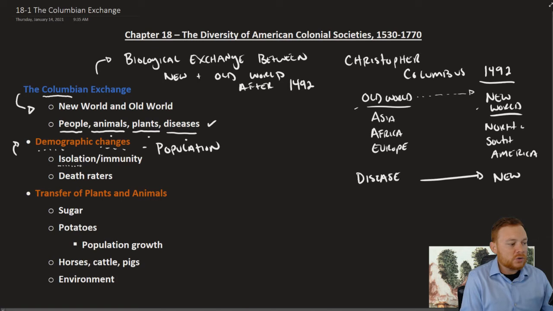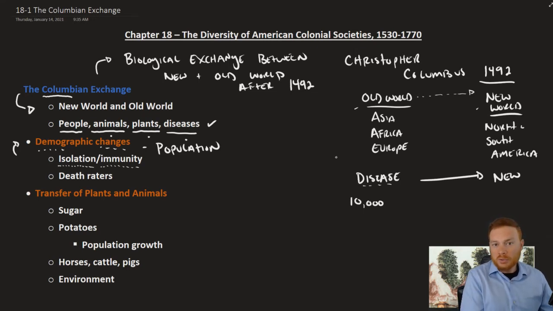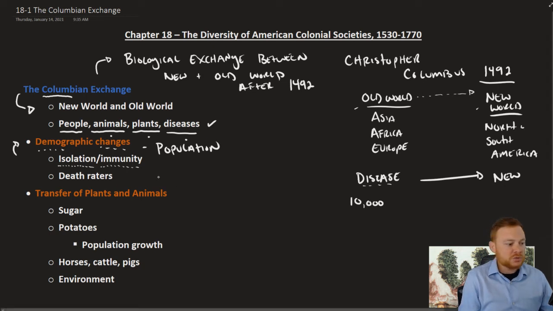Because the New World population, or the Native American population, remained isolated from these diseases for more than 10,000 years, those people lacked the immunity to these diseases like smallpox and malaria. The way that the human immune system works is that you can only build up an immunity to disease if you're exposed to it. And so 10,000 years of isolation left the New World population without the proper immunities. And so when these diseases traveled to the New World, and they traveled via people and the animals in which they were carried on, it led to incredible death rates, right?